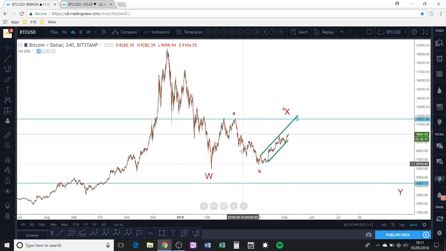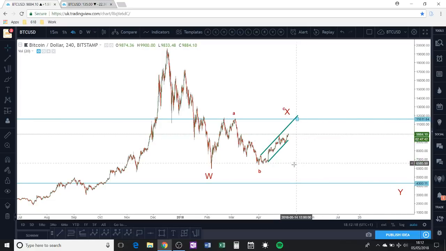So using fib times, of this X wave, it looks like it's going to play out an ABC pattern, with this being A, so it's 3 waves up with 1, 2, 3, and then B has been 3 waves down, 1, 2, 3, and then C is going to be 5 legs in itself. It looks like this is a 1, 2, 3, 4, and then 5. The 5th wave is still yet to be seen. So this would be a 3, 3, 5 pattern, which makes up a flat.